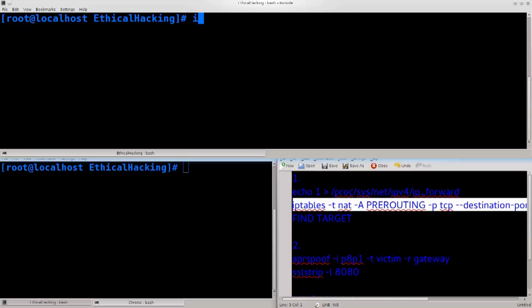Anyway, iptables, space, dash t nat. NAT is a table for network address translation. Dash A stands for append. I could also type in I for insert or D for delete, but we need append, and chain PREROUTING. Excellent. We're going to specify a protocol, so it's going to be TCP, dash dash